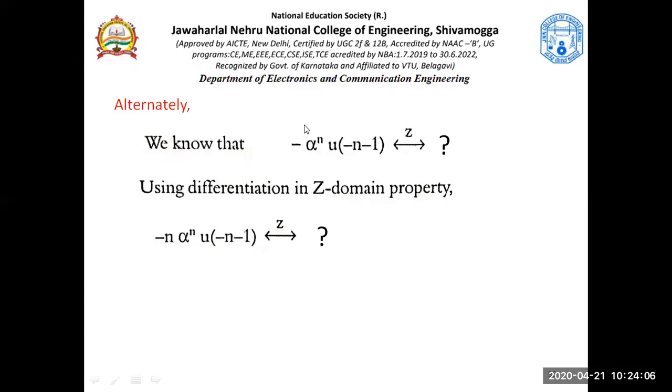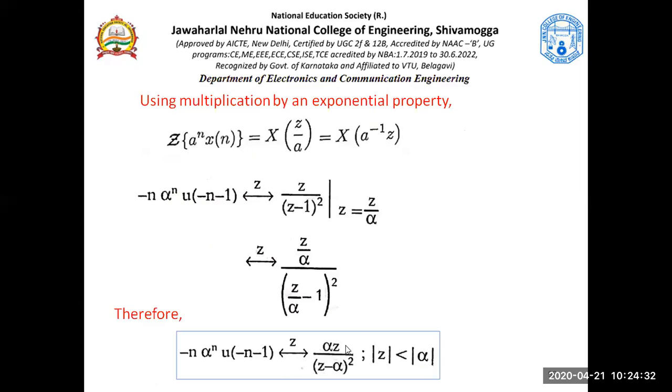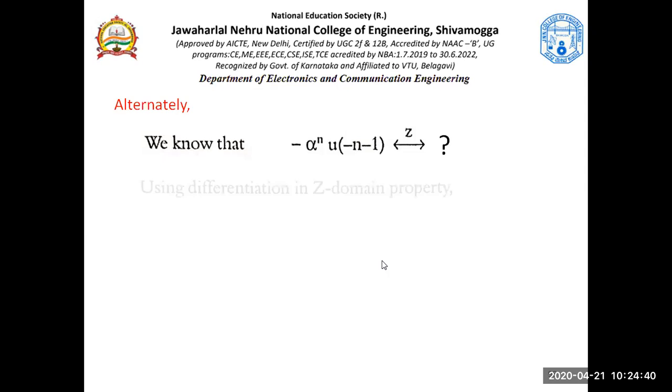Understand that? So what is the z transform of that? It is z by z minus alpha, and the ROC is magnitude z less than magnitude alpha. That means the ROC is inside the circle with radius alpha. So introduce n, and see what you would have here by the differentiation in z domain property. Using that, you solve this problem, and that answer should match this, and it would match. So that's a small exercise which you can take to boost up your confidence.